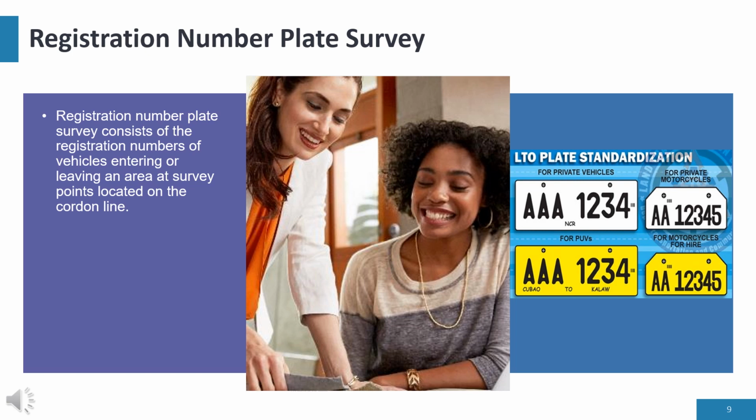As you can see on the slide, there is the LTO plate standardization: white color serves for private vehicles and yellow plate numbers are for PUJ drivers, and there are private motorcycles and also motorcycles for hire, which are blue and yellow. That's it.